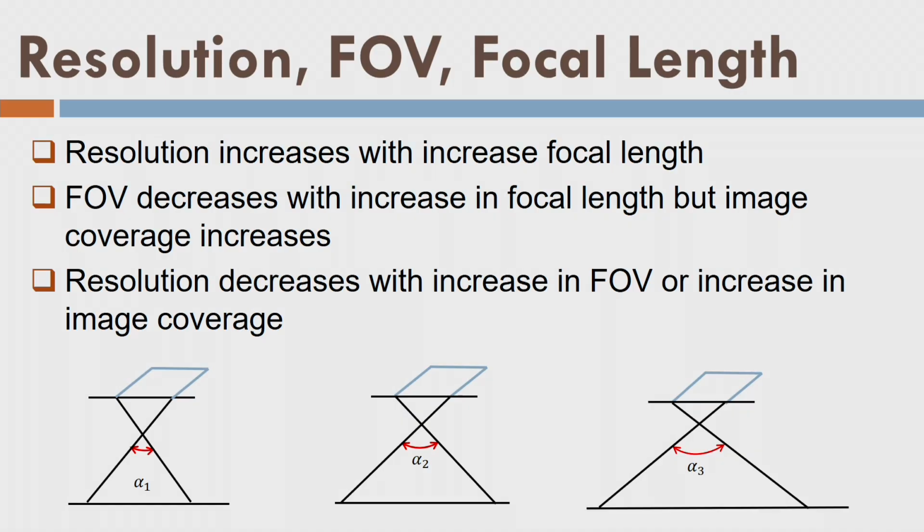Again, my megapixels are 12 megapixels, so the number of pixels is fixed, and as a result each pixel is acquiring less space, and if there are small objects, they will be clearly demarcated, and I can distinguish them very easily if the pixel size on the ground is small, which means high resolution. That means my pixel size is small, that means I have a higher focal length compared to a lower focal length, and I have higher resolution.